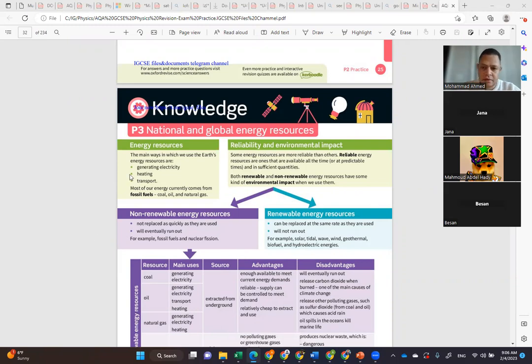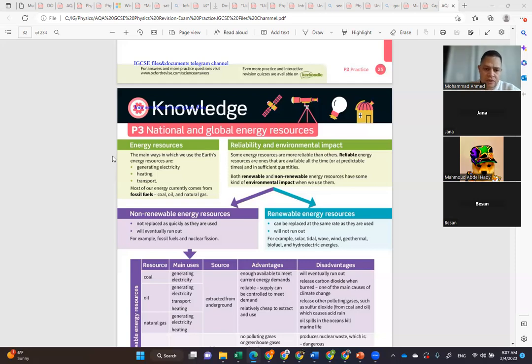Okay. Thank you. So today, inshallah, we're gonna take the third lesson, national and global energy resources. We have two different types of energy resources, but before taking the different types, we're gonna start with what the energy resources mean. Energy resources mean the main ways in which we use the Earth's energy resources are generating electricity. We are using the energy resources to generate electricity for heating and for transport